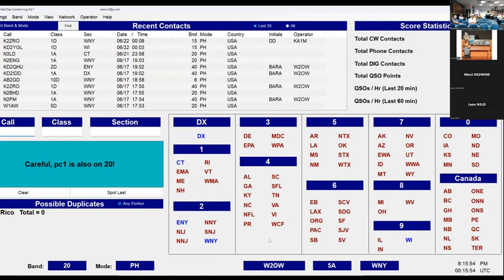Any other questions? Now, for Field Day, we have to be in the premises of the other